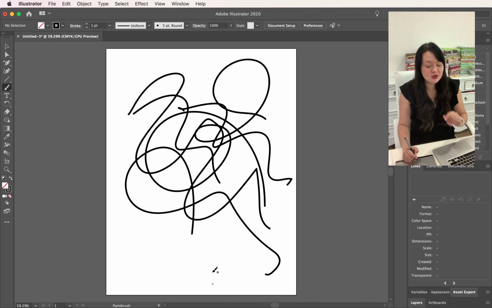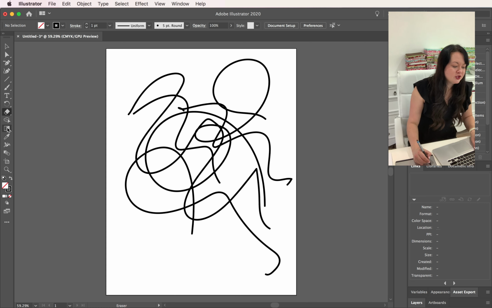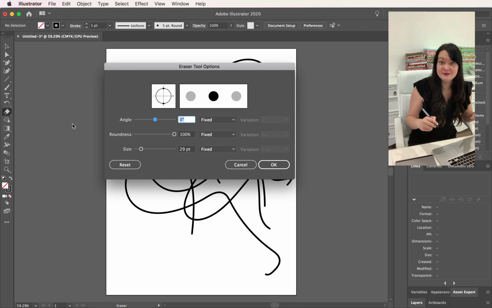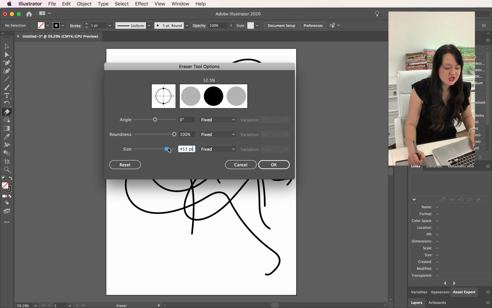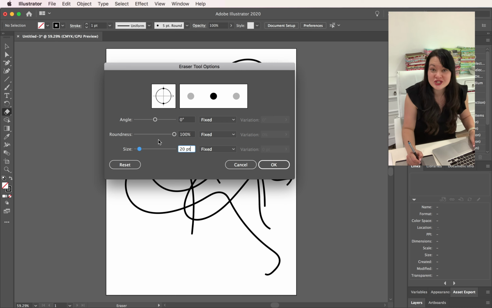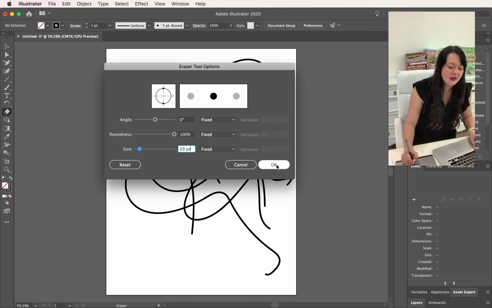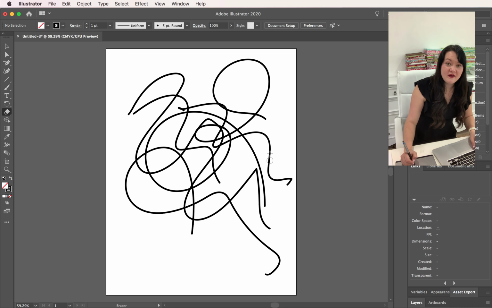So I'm going to show you the eraser tool. If you come over to your eraser tool and you double click on it, you'll get this menu. This menu allows you to change the size. You can get a really big eraser or something very small. I'm going to keep it in the 20s just so you guys can see what I'm doing. You can change the roundness, you can change the angle, super easy, okay? Push OK. Now, if I were to just start erasing, I want you to see that it will just suddenly